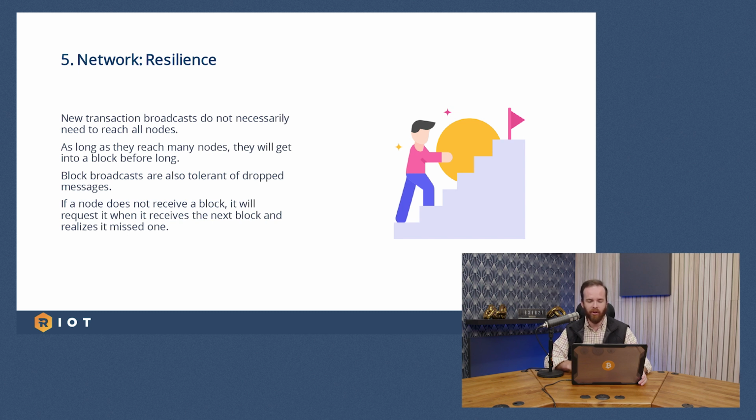Block broadcasts are also tolerant of dropped messages. If a node does not receive a block, it will request it when it receives the next block and realizes it missed one. So you don't need to be online 24/7. You don't need to receive the blocks in order. You can receive the blocks out of order, but you do have to verify them in order. And so even if you're receiving them out of order,